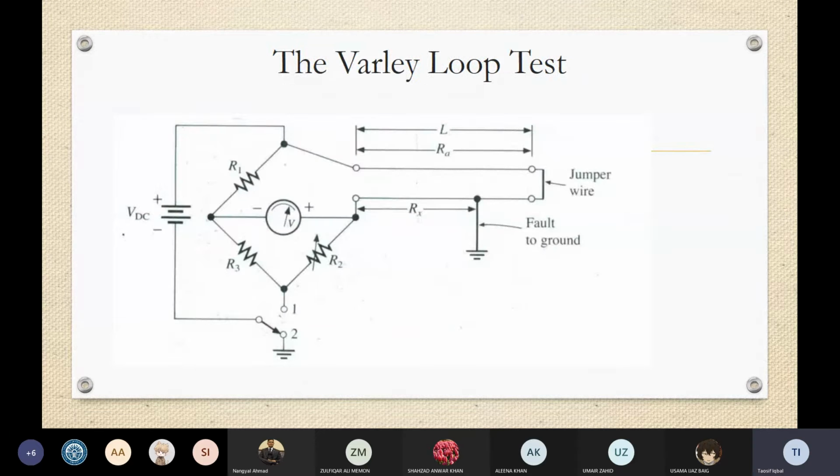So now in the case of the Varley loop test, we should first of all find out the resistance of a normal cable which does not contain any fault, and it is even better if we find two such cables, because for indefinite length, like if the length is more than some kilometers, 10 kilometers, 100 kilometers, we don't know, it is not easy to measure the resistance by using the same cable which we have not laid, and we have just a roll of the cable, and from a roll we can find out how much